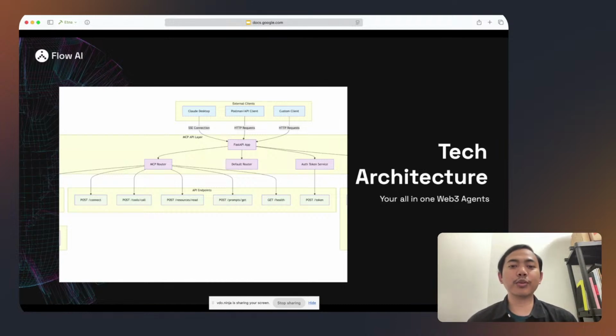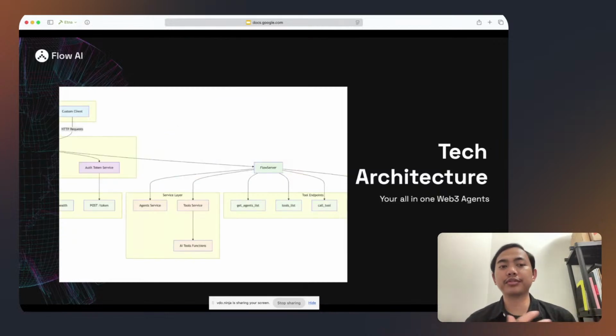So let's see a brief look at the architecture. Essentially, the external client, in this case Claude Desktop, is connecting to our server through Apify, and then inside there is a lot going on, like the MCP router, which does all the plumbing. After that you have the actual Flow AI server, which we had already built in the past.